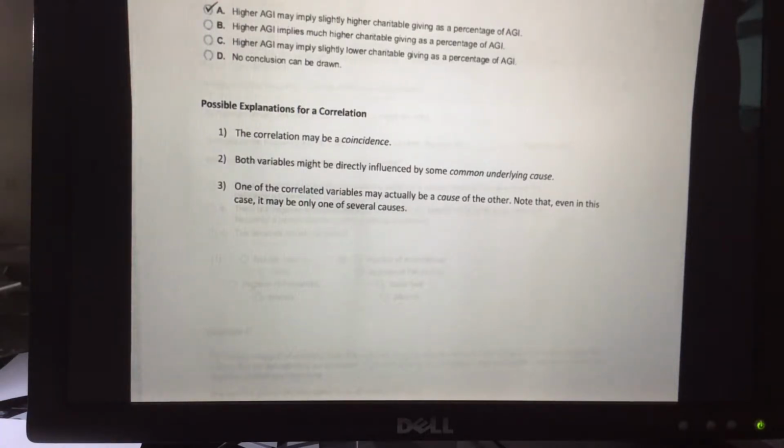Note that even in this case, it may be only one of several causes. Okay, those are possible